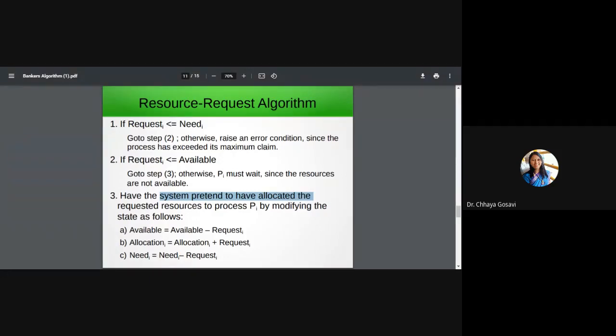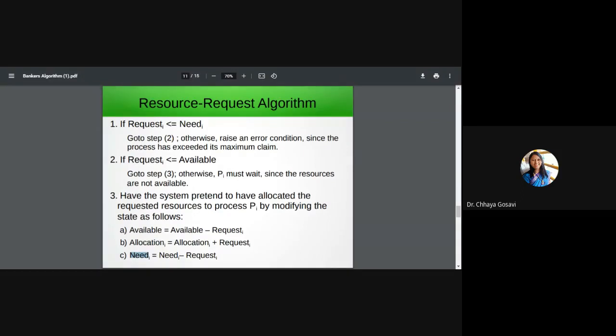Then we add the request to the allocation, since we allocated the requested resources to that process, and subtract it from need: need minus request. Available is also reduced by that request. So the available array, allocation matrix, and need matrix will change.